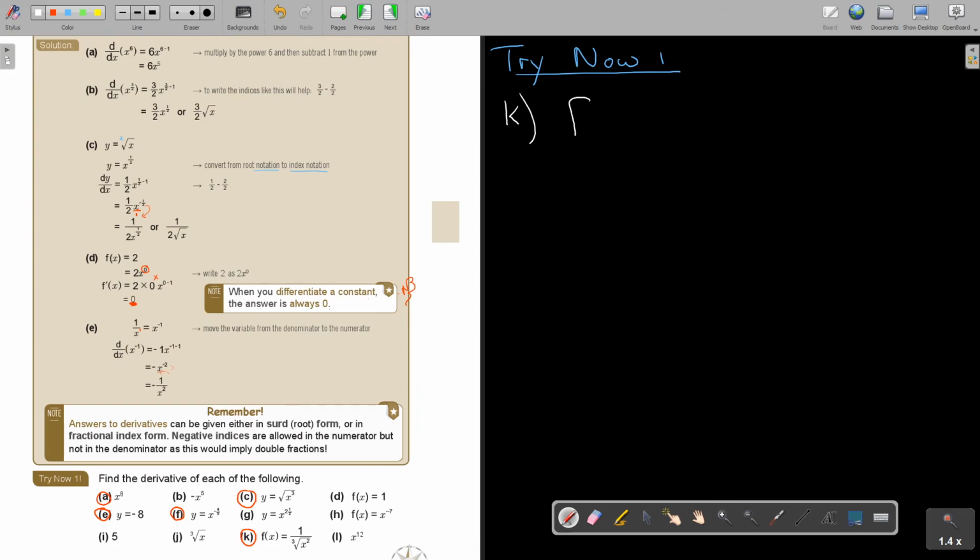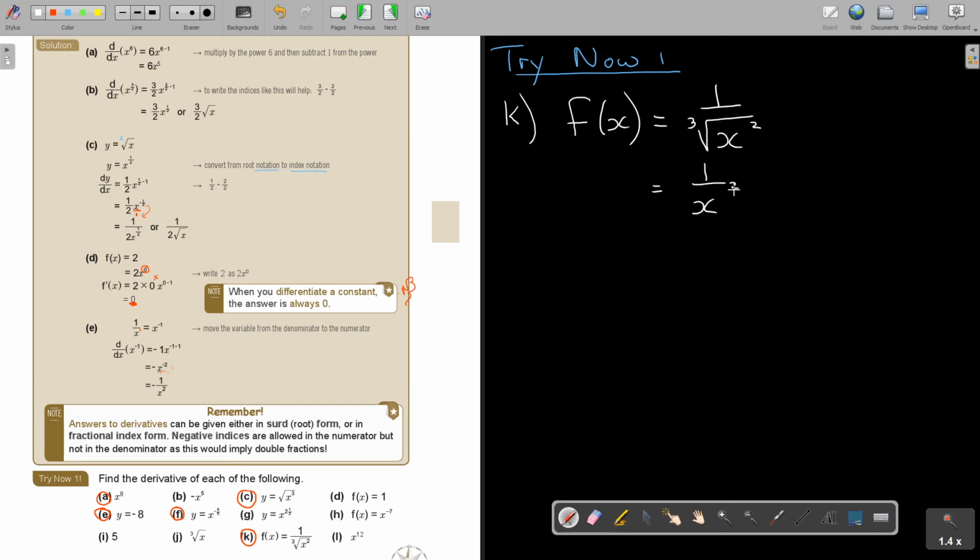Okay, this one, here we come to the other notation now. Okay, this is very important. This is a nice one, very nice one to show a few things. So the first thing, we don't like the root. Get it out of the root. I'm not differentiating. I'm just getting this ready for differentiation. So don't go with f prime x. No, just go